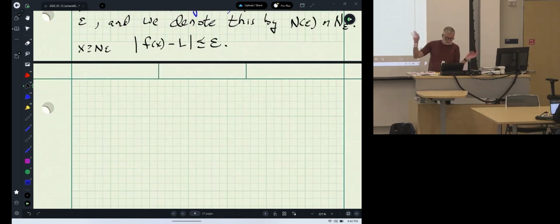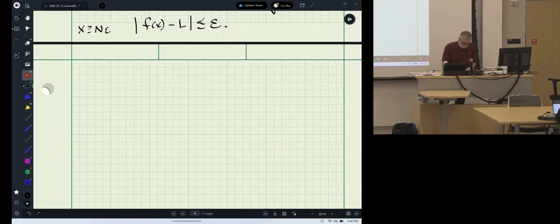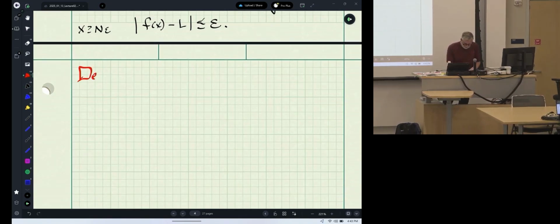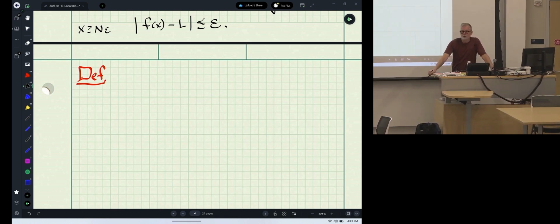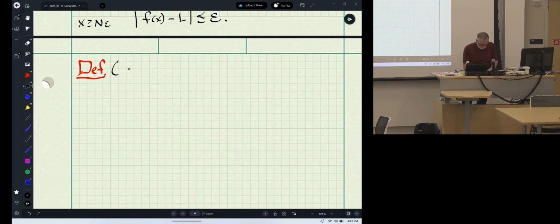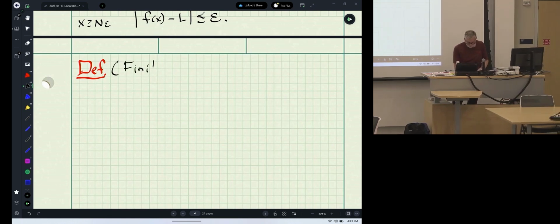Okay, so that's the intuitive part. Let me just write it down as a definition, and then we'll check it on a few examples. As practicing engineers, you will never do an epsilon definition of limits. You'll do the easy way that we will talk about later. But the easy way is going to make a lot more sense if we just go through the careful mathematics first. So this is the definition of a finite limit at infinity,